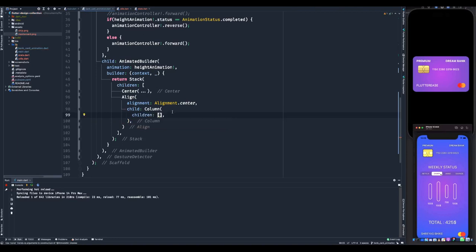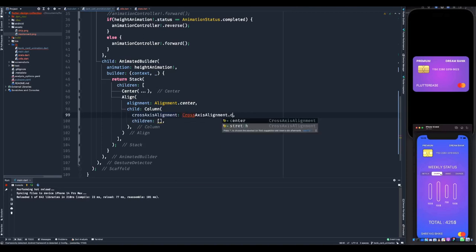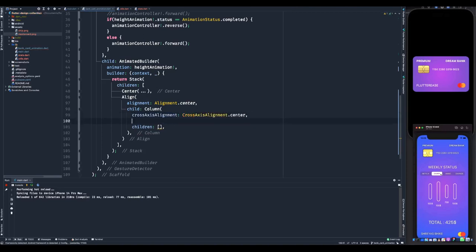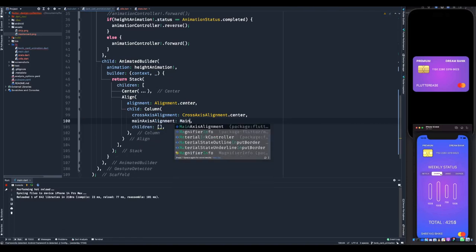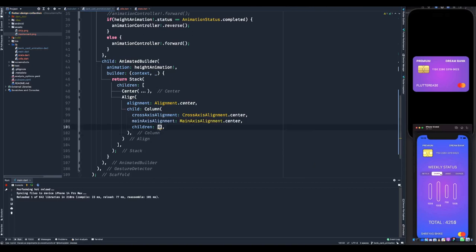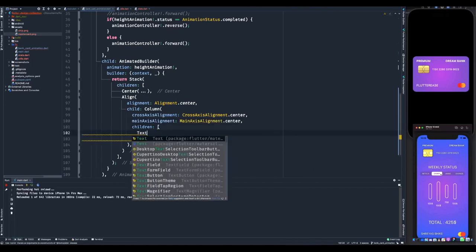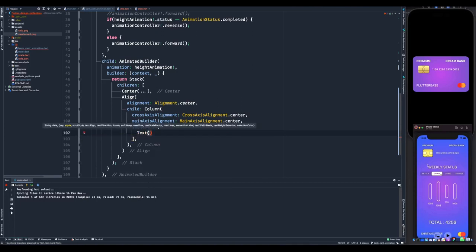Okay, and I'll also define some kind of axis alignment properties, and put it to center, and same with the main axis alignment. Okay, and here I will add my text, like I will add the weekly status text. So weekly status text, just add it, weekly status,